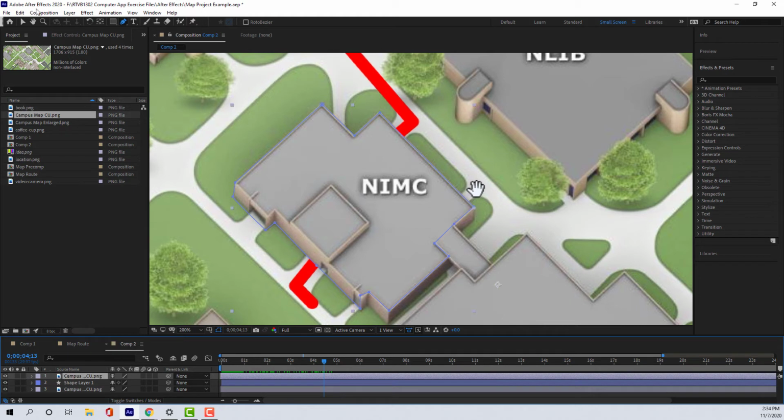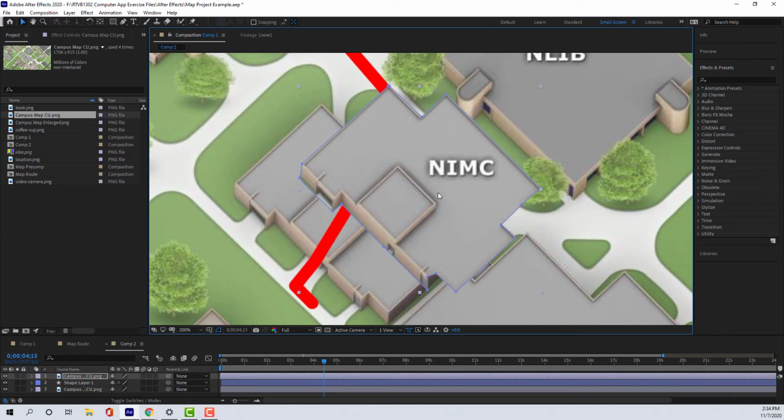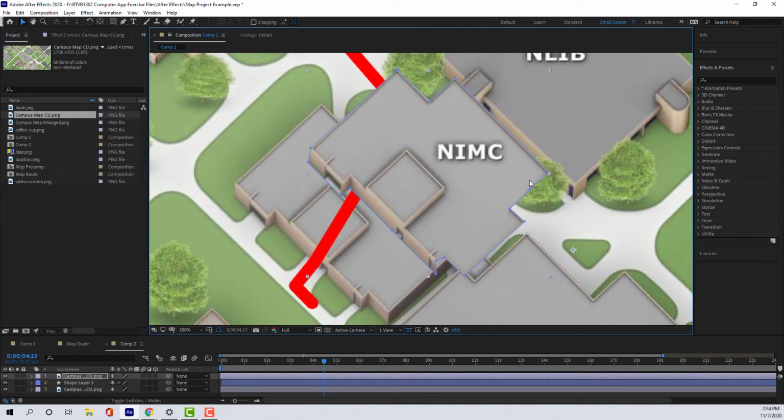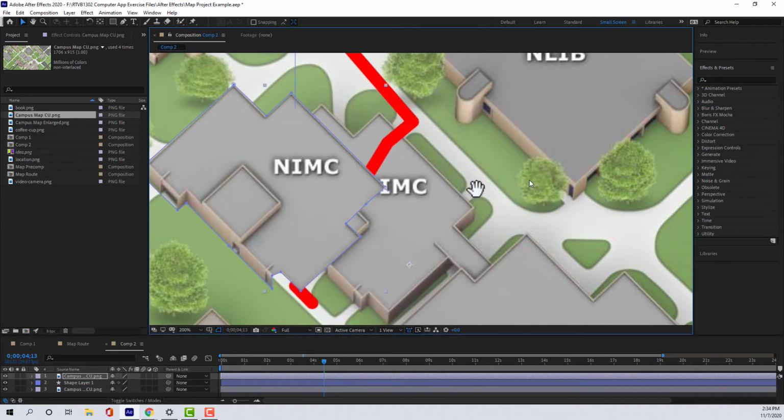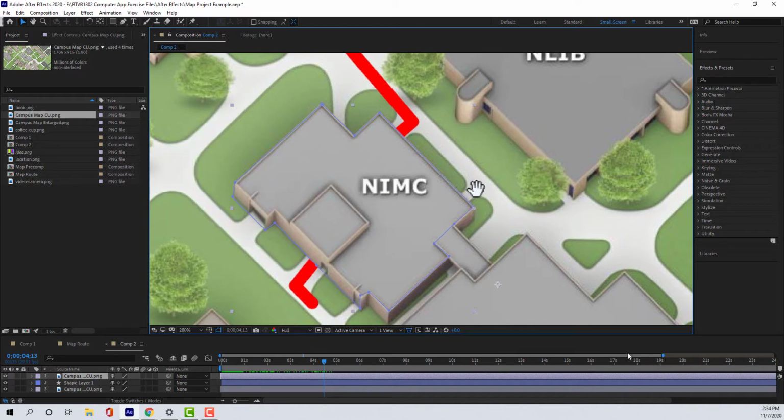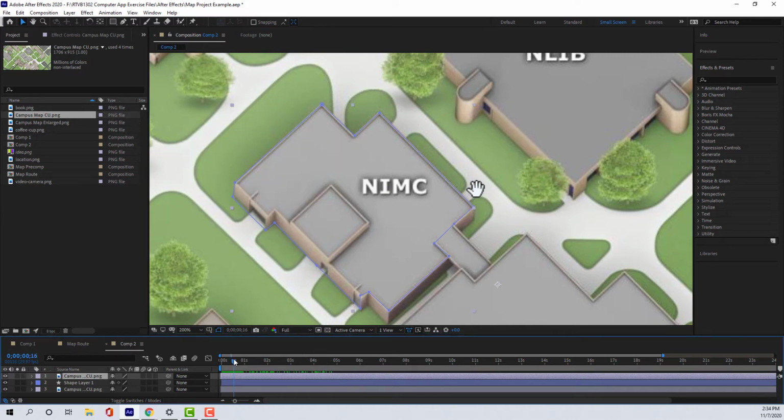And if I want to, I can take my selection tool and show you that this is just a copy of my building there. Just going to click undo till it goes back, and that's how we create a mask. Okay, so that's mask number 1,